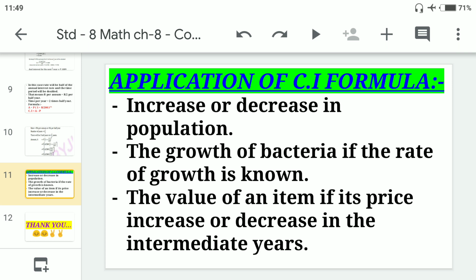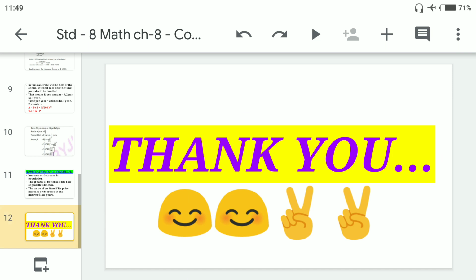So this is all about your compound interest and simple interest. I hope I am giving more clarity to you regarding this concept, and I hope this is informative for you and you are able to understand. If you are not able to understand, just listen to it again and again. I hope you can get it very clearly.